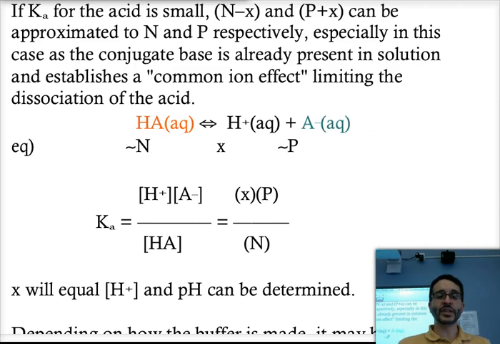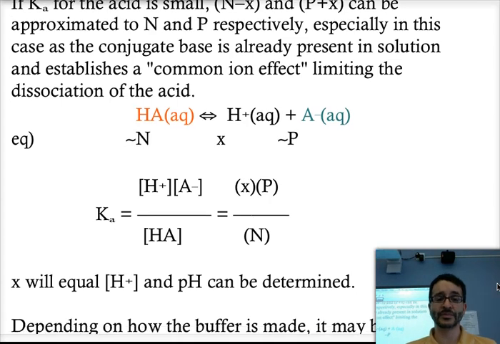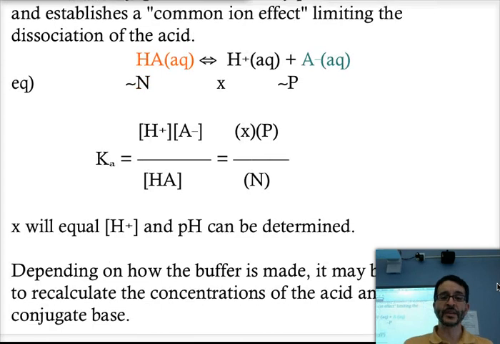That statement would become x times P divided by N, where x is the unknown, P is the initial concentration of the conjugate base, and N is the initial concentration of the acid. We are really interested in the value of x, because if we have x, that's the concentration of the H plus ion, and we can use it to find the pH. Right? Now,